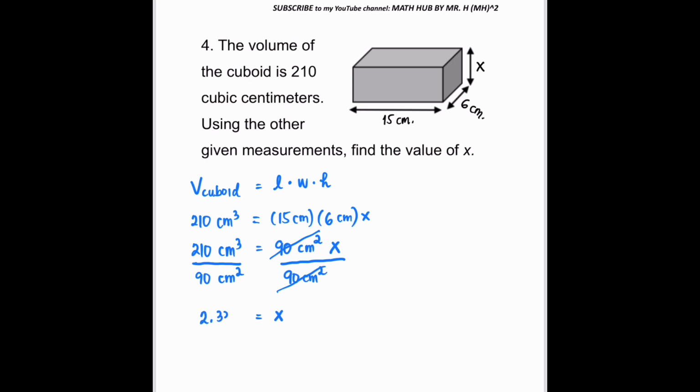So it's going to give us 2.33 centimeters. So remember, if you're dividing centimeter cubed by centimeter squared, there will still be just centimeter that will be left. That's the unit. So the answer, oh, it's actually approximately 2.33